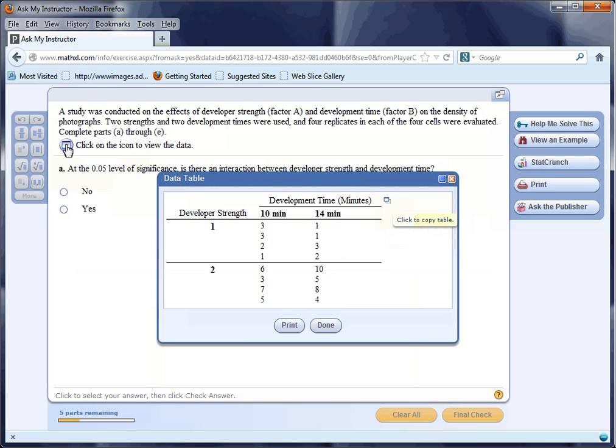So, we have 16 observations. 8 of them were done under 10 minutes of development time, another 8 under 14 minutes. We have 2 different factors influencing the outcome, which in this case are density measures. We have developer strength, I guess the strength of a chemical, or a higher strength of the chemical, and the resulting data